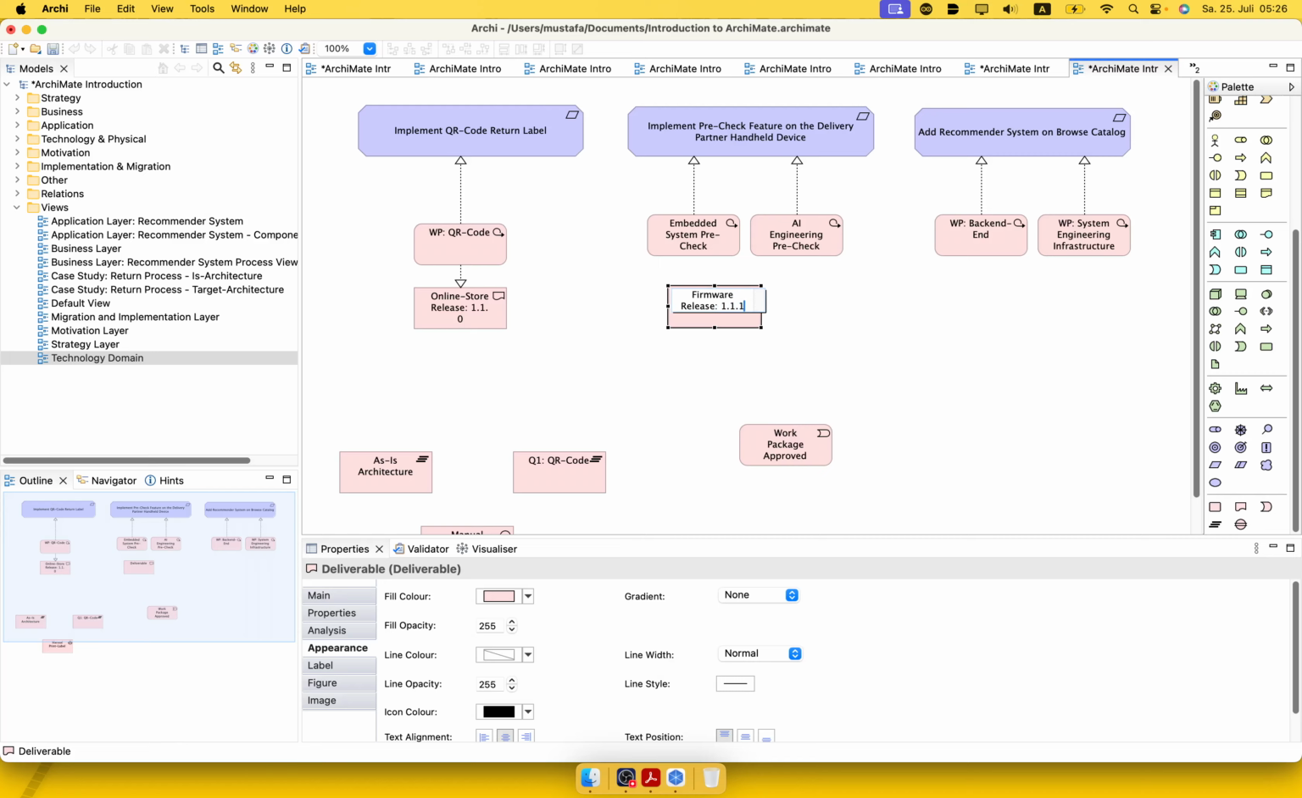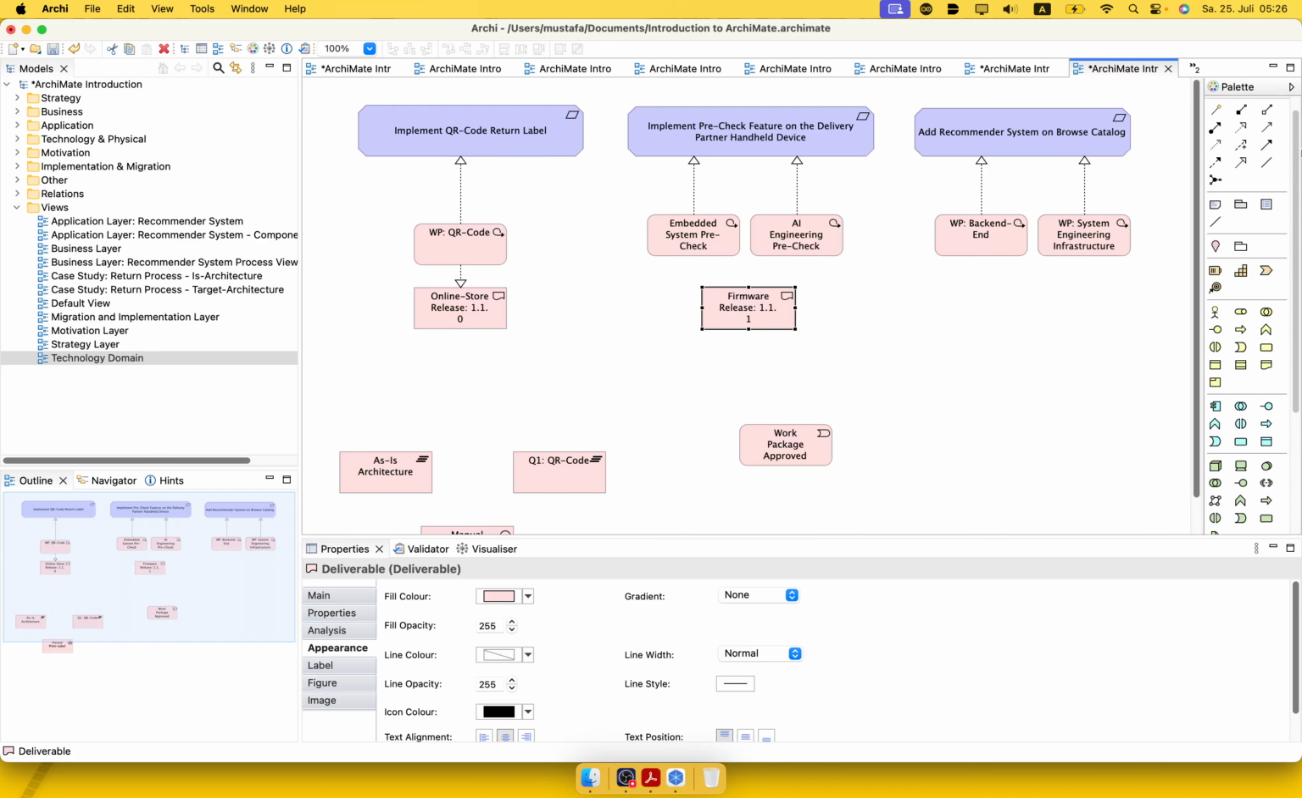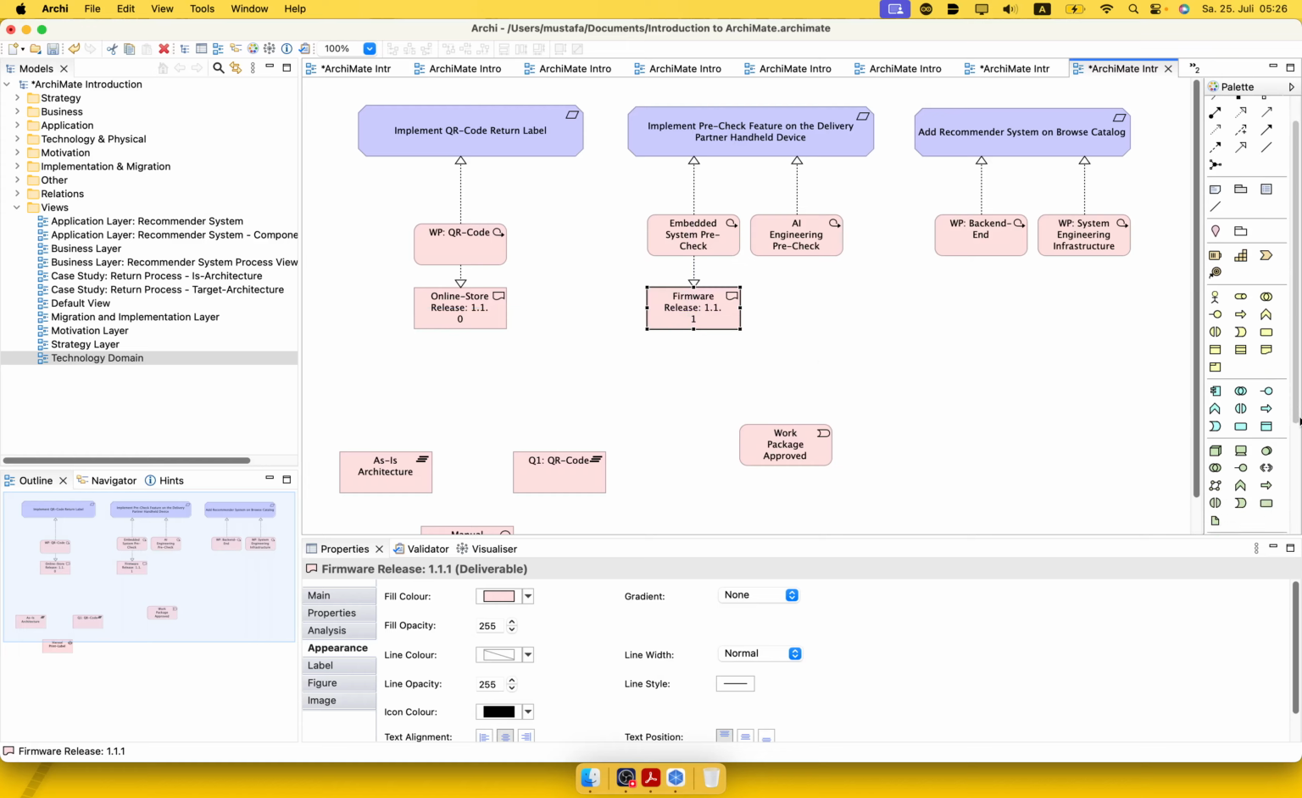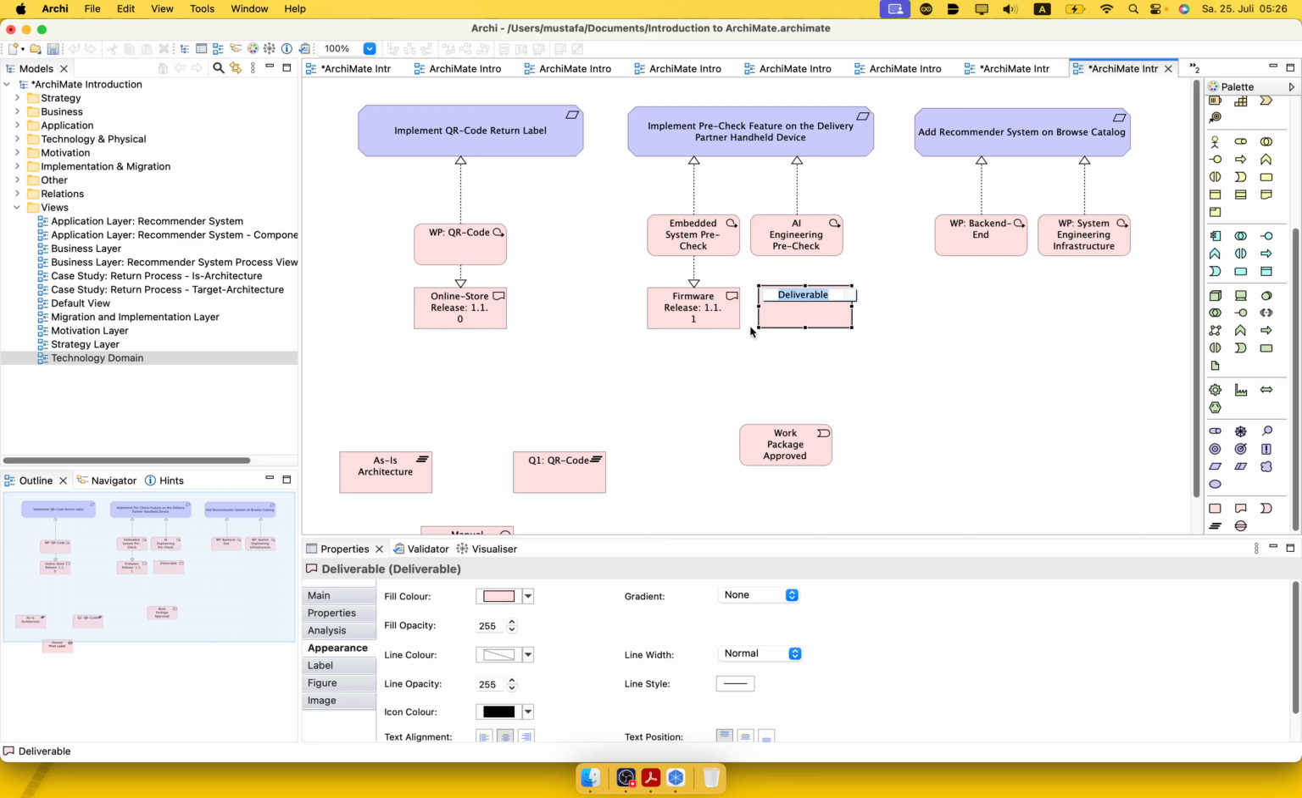step 1.1.1. And of course the AI engineering pre-check that will also be on the backend side. Perhaps the backend will have some versioning and the APIs will be updated. So it makes perfect sense to say there will also be a backend update for the APIs. So this will be one of the deliverables, and SDK, and there you can also map the dependency between both of them. So the deliverable